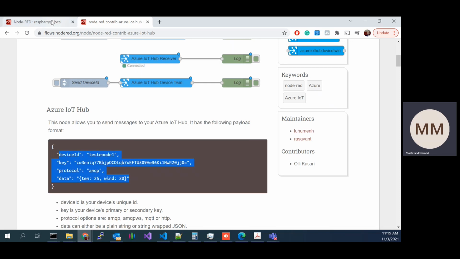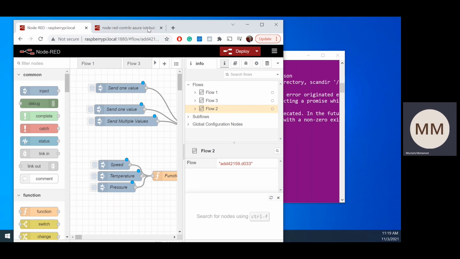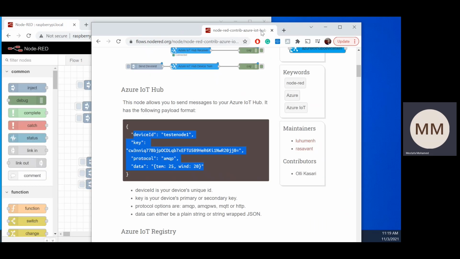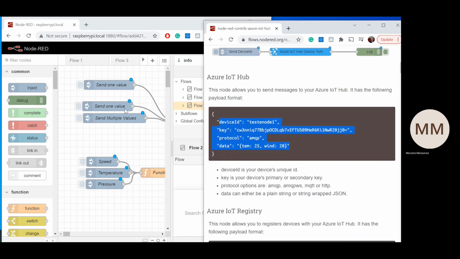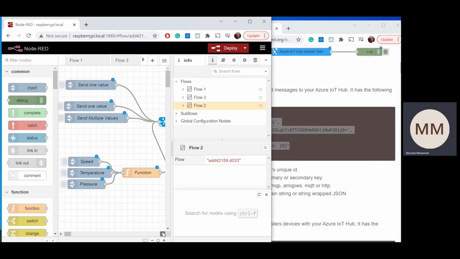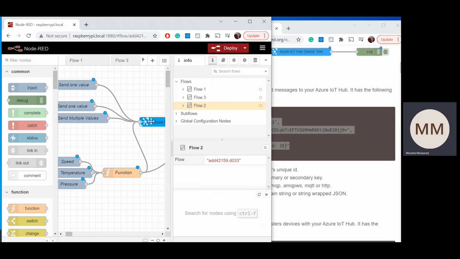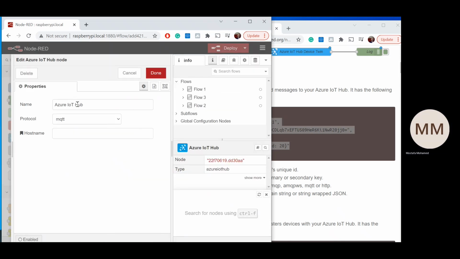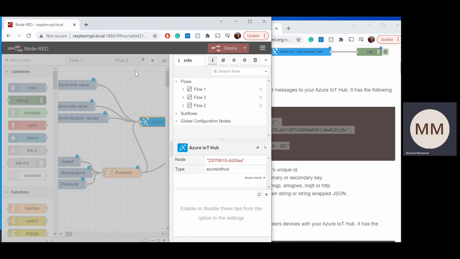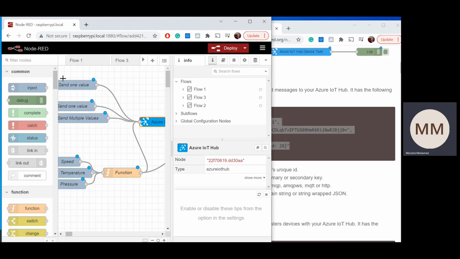So let's double check that. So go back in here. I'm just going to put them side by side so I can see it. So first, the IoT Hub itself. I choose the protocol MQTT. The host name, I have to put the host name from Azure. When I create it, I will get it in. But then here also for the input nodes, giving input to the